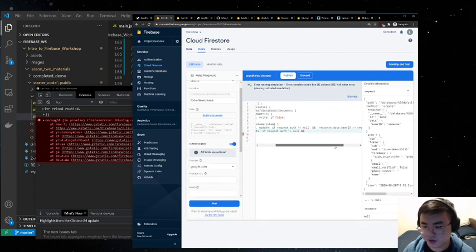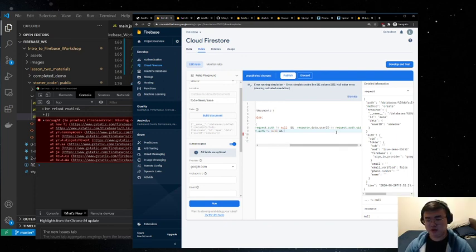And then we want to make sure that the user's UID matches the user ID in the request that they are sending. So we want to make sure request.resource.data